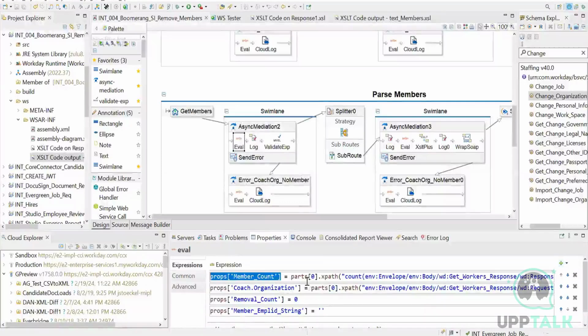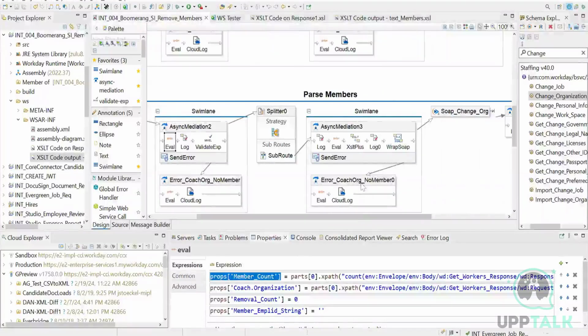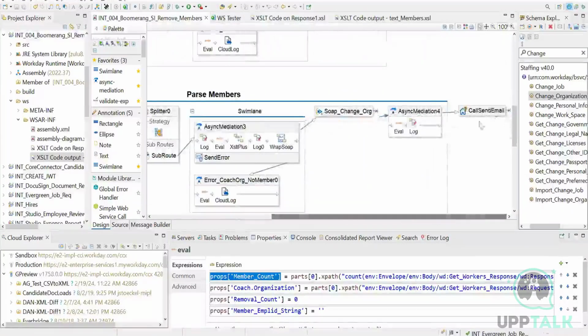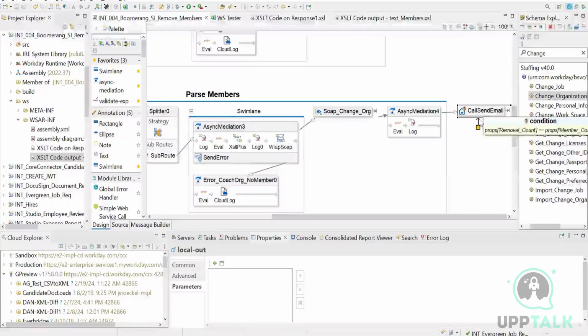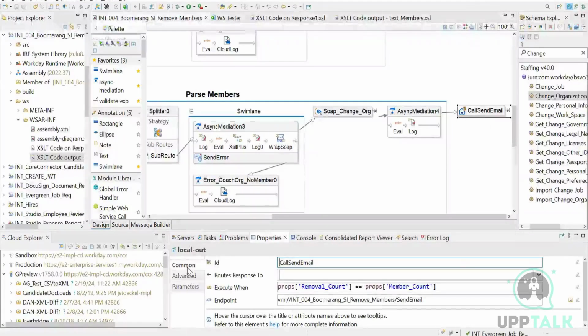I am taking the member count, how many members were there under the coach, right? And the removal count, initialize it as 0. I think I talked about it earlier as well. So then I'm doing the splitting row by row. Finally, when everything is done, I'm sending an email to the HRs that, hey, all this is done for